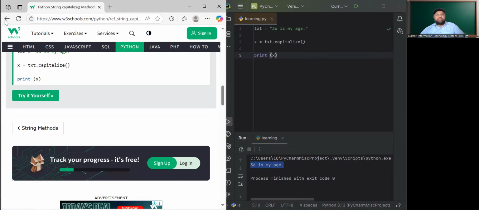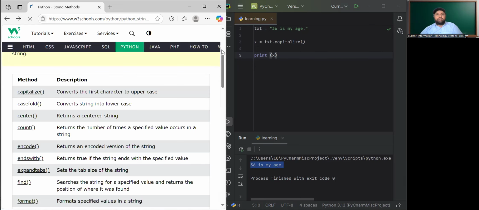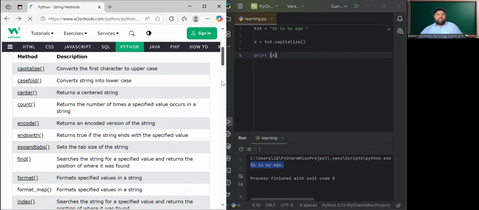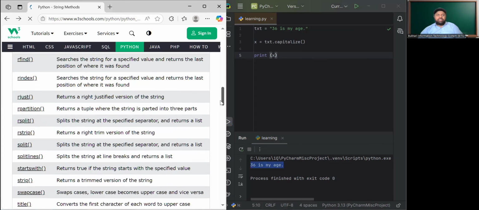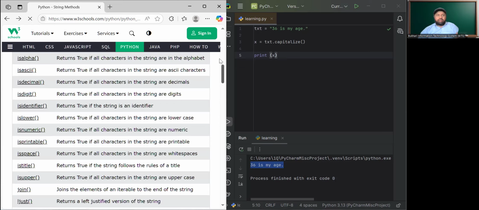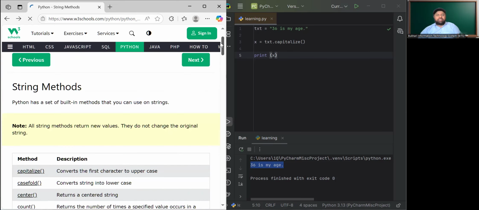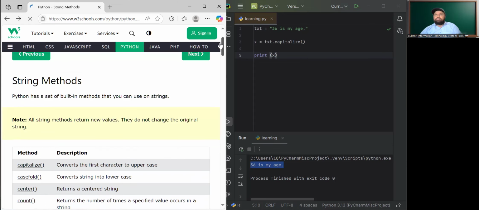That's it. So next is casefold, and there are many methods in these string methods. So, but our